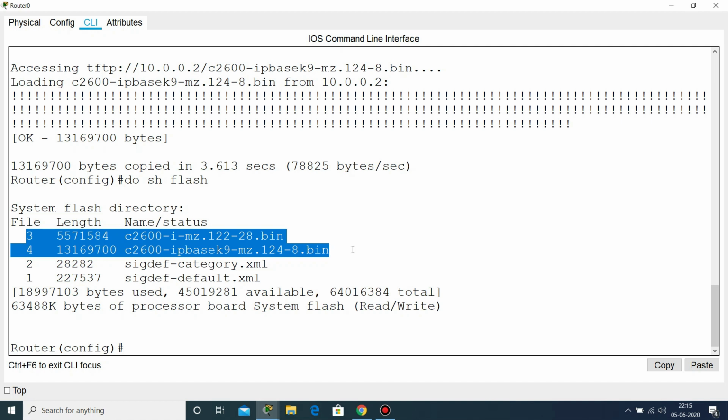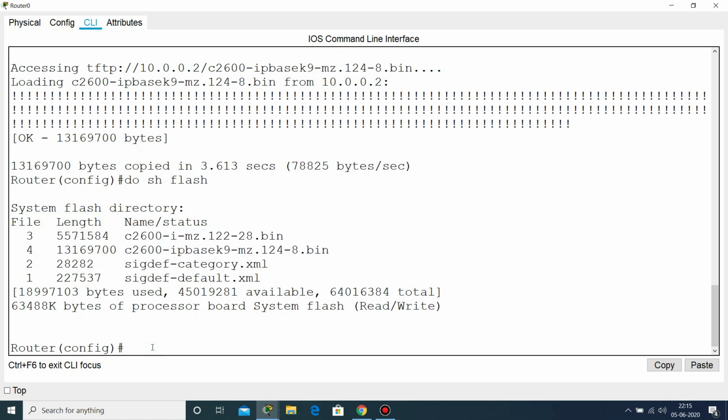Now you need to tell your device from which OS it needs to boot. So for telling your device, you will simply run a command, that is boot system and the name of new OS. There is no need to write the name, you can simply copy it from here and paste here.